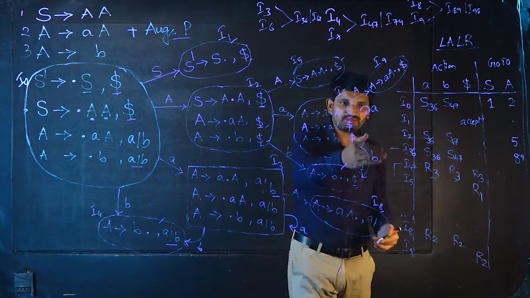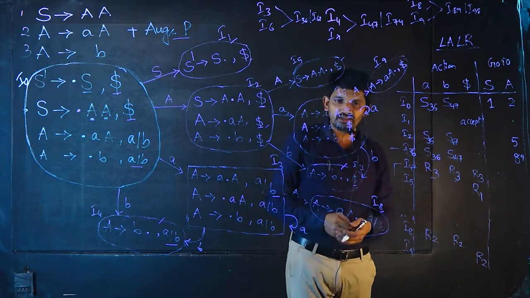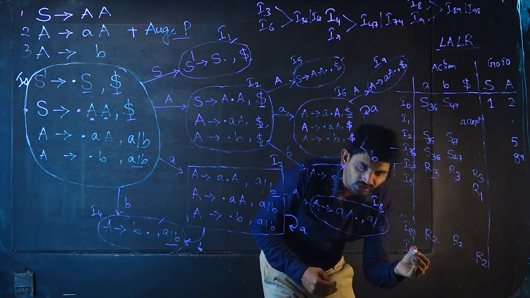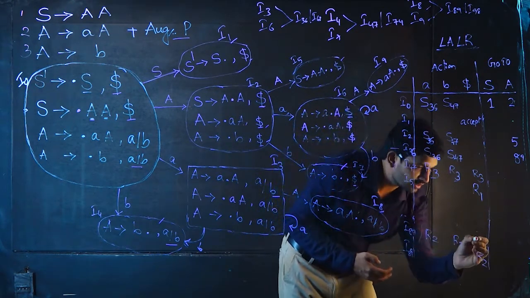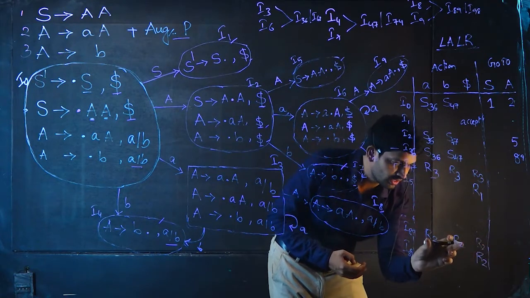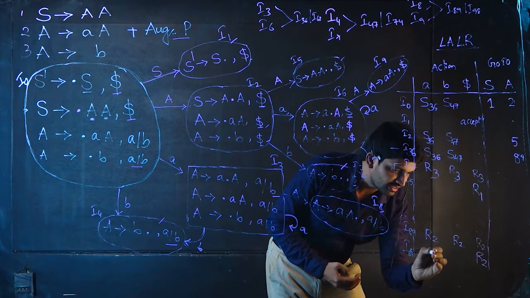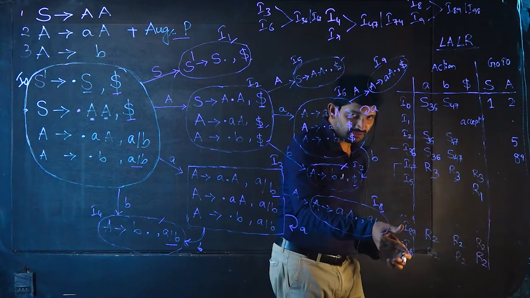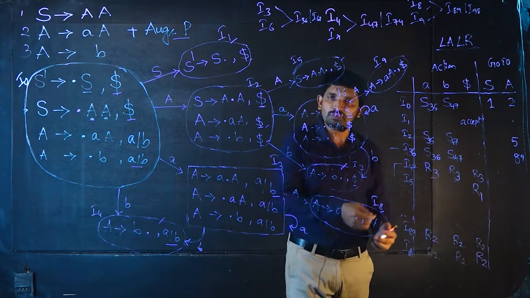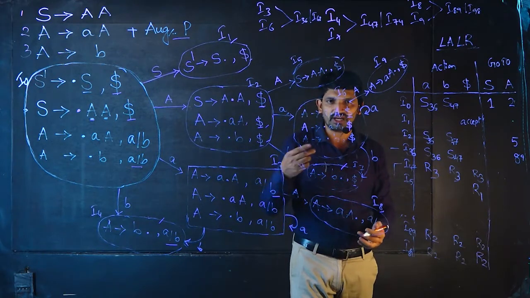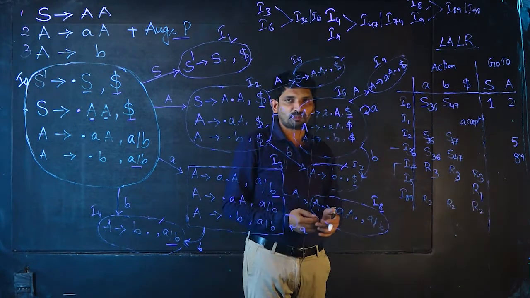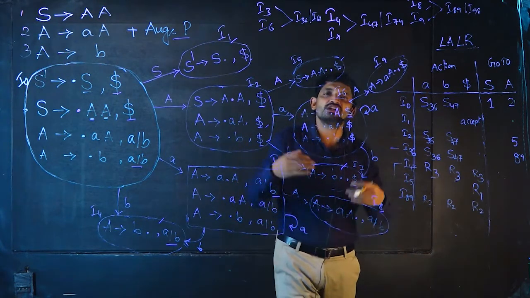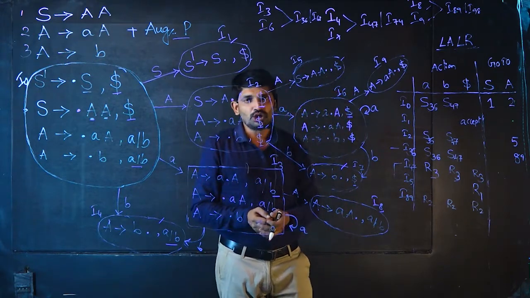Now do the same thing for I89 and I9. I am writing I89, I89 or I9. What you have to do is write the R2 operation here and copy the same operation to this line, R2 and R2. So these two lines seem to be the same, so no need to keep these duplicate lines. Instead of two lines, we write only one line. So we combine the various states which consist of the same production but with different lookaheads.